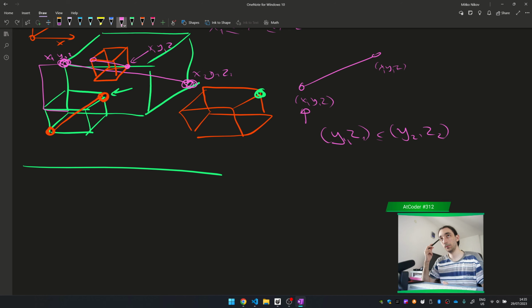Okay, how do I query this? Like having a data structure that will y and z make